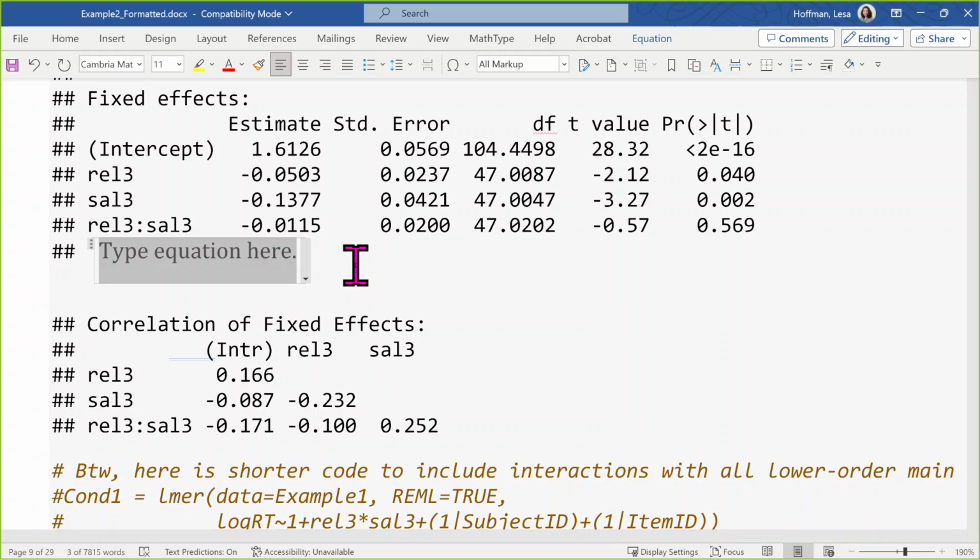Do you all know how to do this, by the way? Is this another thing I can teach you? You don't know how to do it? How to make pretty equations? It's very cool. Trust me, it's a lot easier than doing it with the hunt and peck method with the